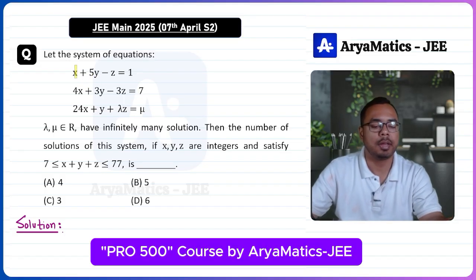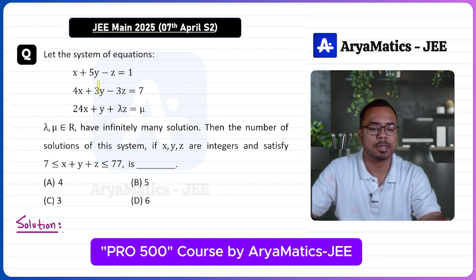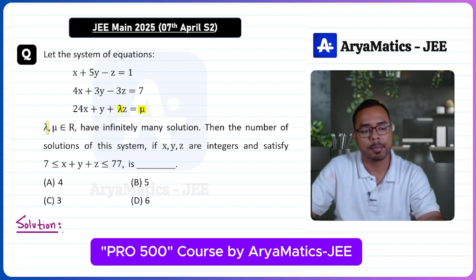Consider the system of linear equations. We have three equations in three variables. The first two equations are given, and in the third equation there are two unknowns, lambda and nu. These two are real numbers. If this system of linear equations has infinitely many solutions, then we have to find the number of solutions of